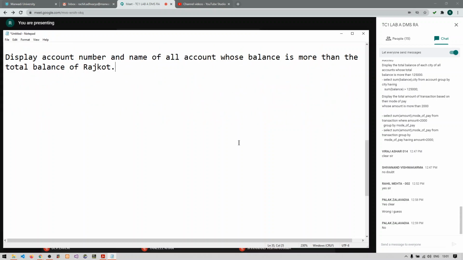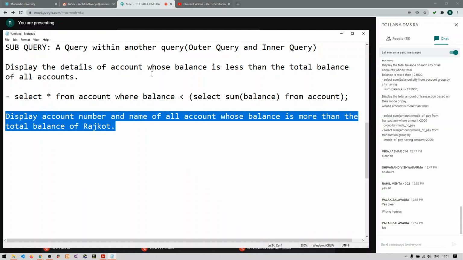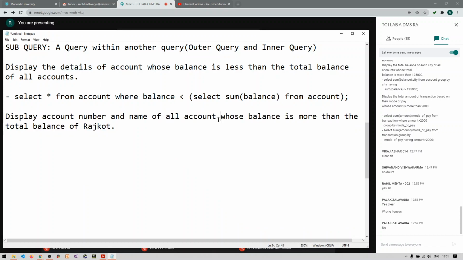If you are clear, just try to give the answer of this. Display the account number and name of all accounts whose balance is more than the total balance of Rajkot. First understand the query and then try to give the answer.